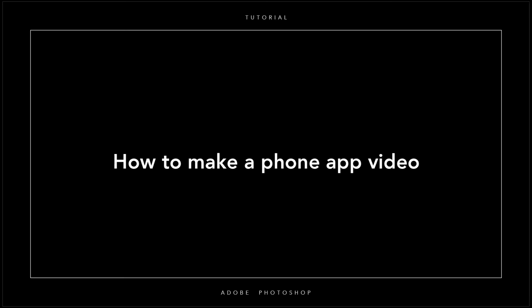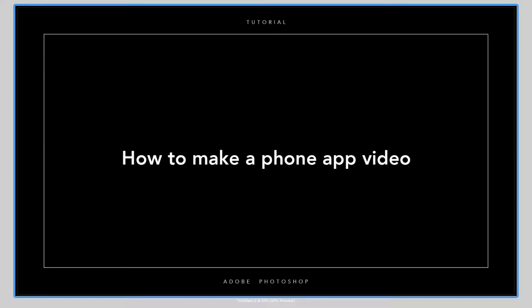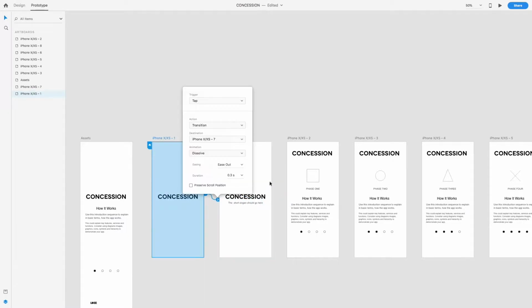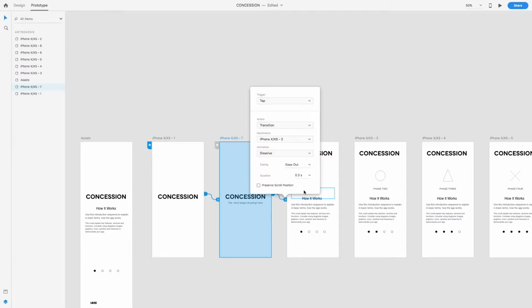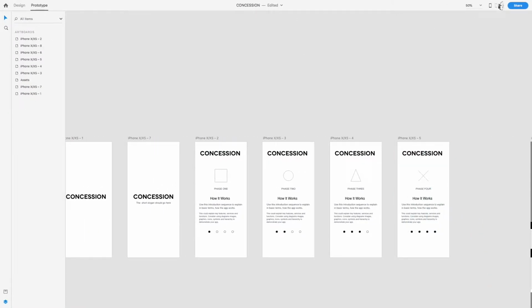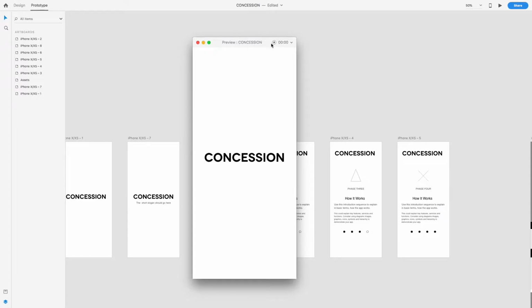In this tutorial, I'm going to show you how to make a phone app video using XD and Photoshop. So the first thing you'll need to do is to open your app, make sure that you've set up your prototyping with the home page set, and then you've joined all of your pages like so. You're going to go over to play, the play button, and then you can begin to record your sequence by